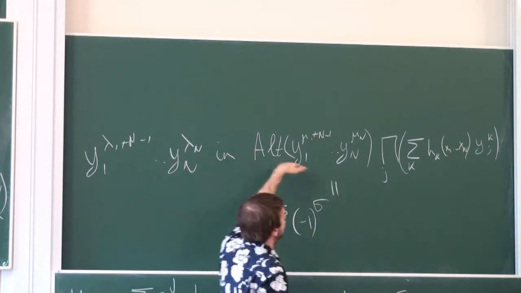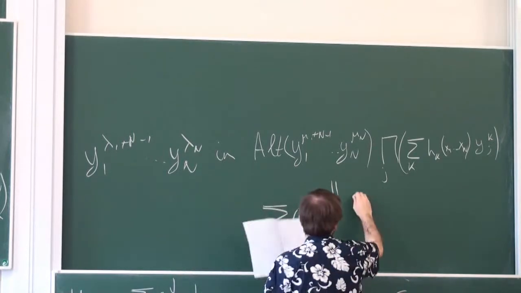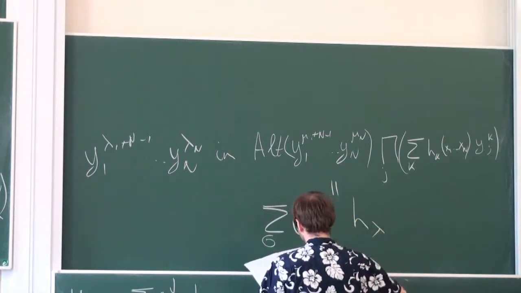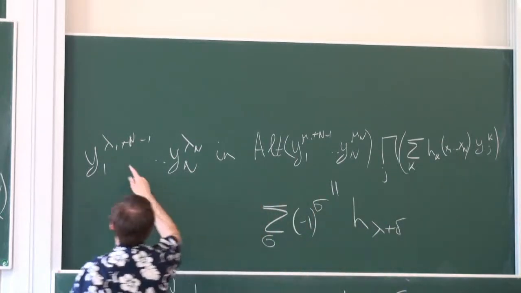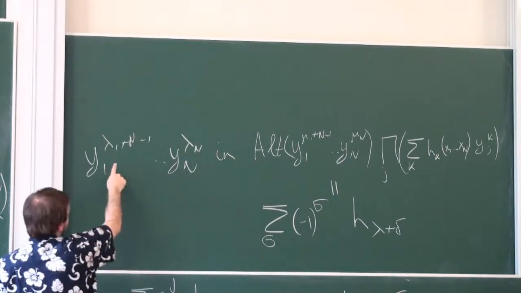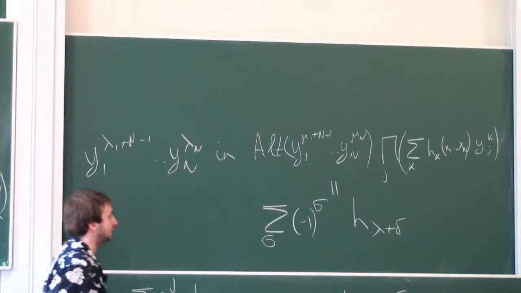The sum comes from the alternant, basically, of h of lambda plus delta, whereby by lambda plus delta I again mean this operation of adding to lambda 1 n minus 1, to lambda 2 n minus 2 and so on,